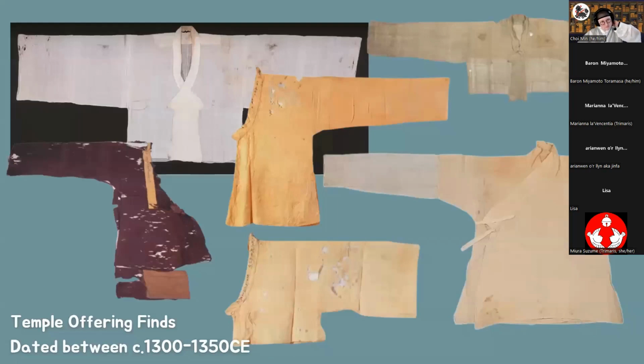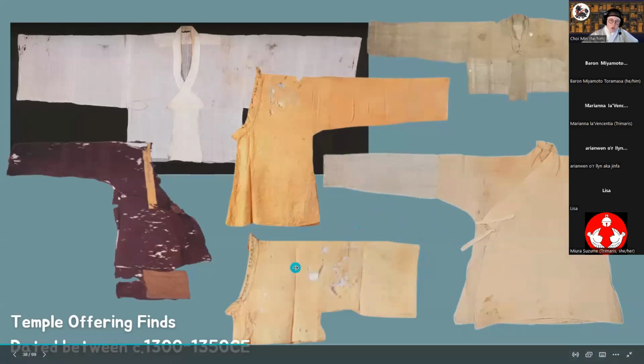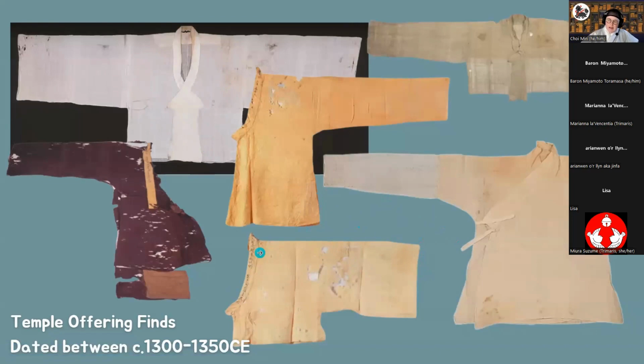And here we have some late Goryeo extants. We have very few of these, and I pulled these from a lecture that someone else was giving on Hanbok because I had not seen these pictured anywhere else. This one we think is an undershirt, I think. It's been a while. But these are only half, because they were stored in a relic in a temple as only half, and along the collar was the well-wishing message, basically.